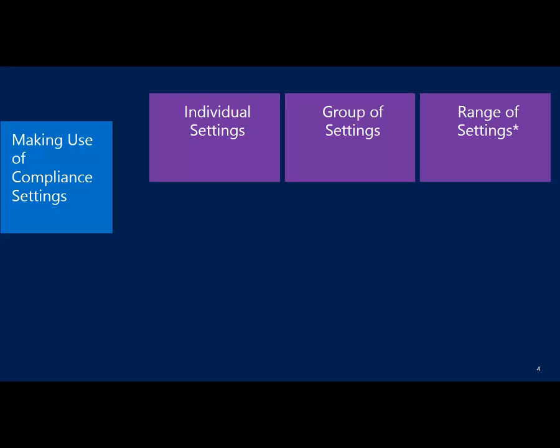The last item here, range of settings. This is really, I have an asterisk by it. This is really a different way to think of using compliance settings. Whenever you use compliance settings, the general expectation is that you're either going to be compliant or you're going to be non-compliant, and the result will indicate that, right? And if it's non-compliant, it tends to flag an issue, and you want to make sure and remediate that. That's fine, and that is the way the component was designed to be used. However, there can be some interesting, inventive ways that you might want to use this,